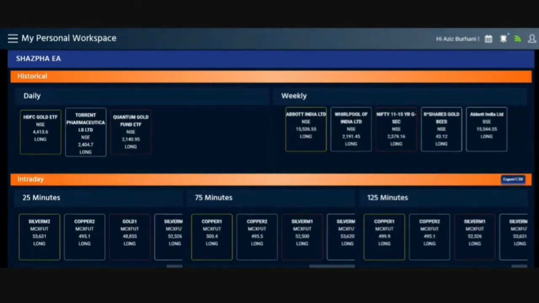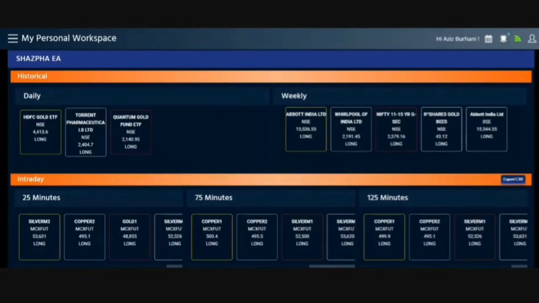It is like cricket, where the batsmen all line up to go. The batsman is ready, lined up, but he cannot go before his time comes. When his time comes, he will go out to bat. Similarly, here, when all the parameters are met, the Shasva EA stock will go to RT Auto Trade Scanner. But if it is not in RT Auto Trade Scanner, and you are compulsively into trading silver or gold or Nifty for that matter, or any other script that is here, then you can use the Shasva EA. You can manage your risk and you can trade.